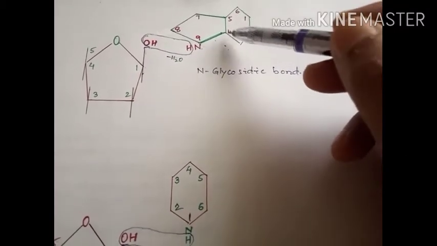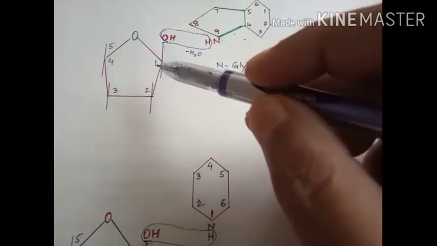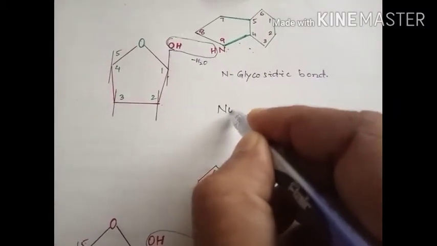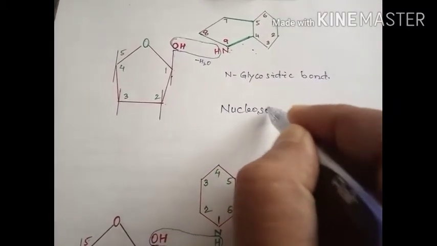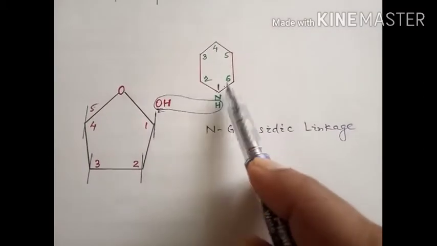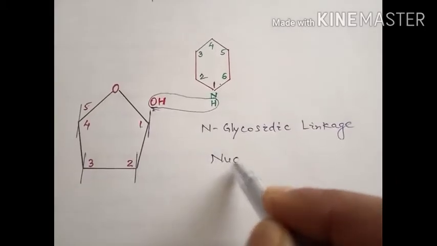Now, as we can observe, by the addition of a nitrogenous base, maybe this purine ring, maybe adenine or maybe guanine, whenever it is joined or attached to a pentose sugar, a nucleoside is formed. Just like here we have drawn the structure of a pyrimidine ring. When the pyrimidine ring joins to a pentose sugar, a nucleoside is formed.